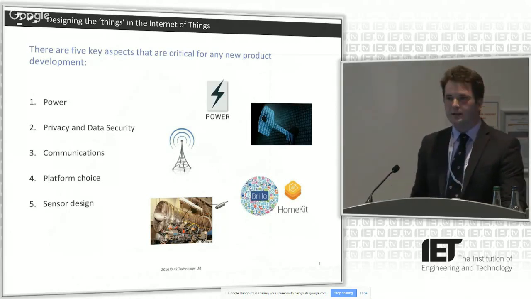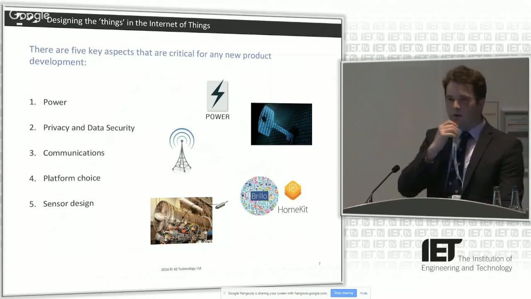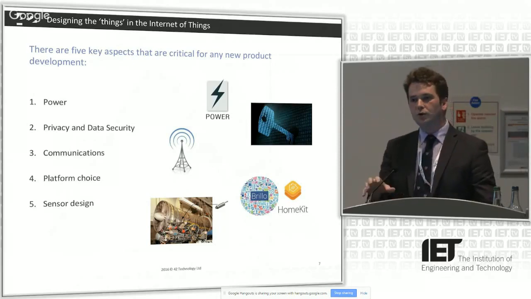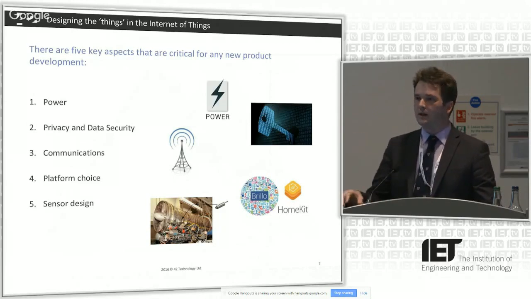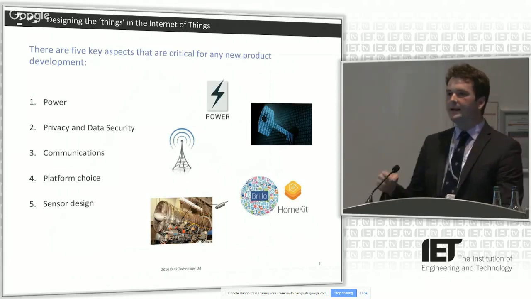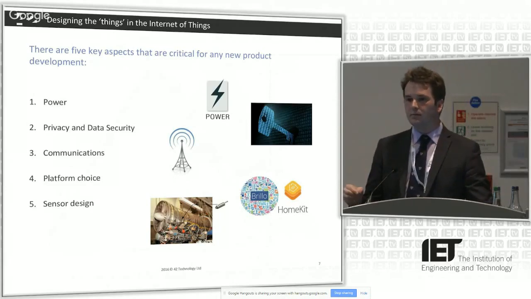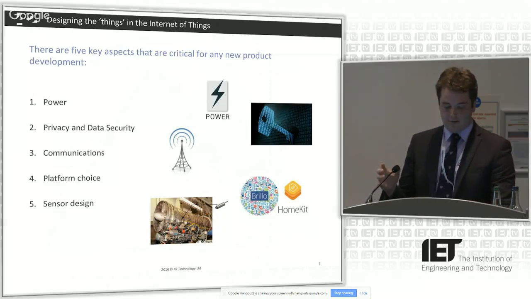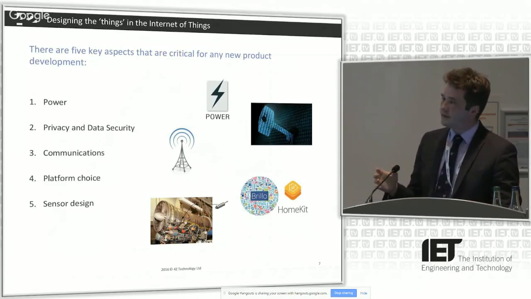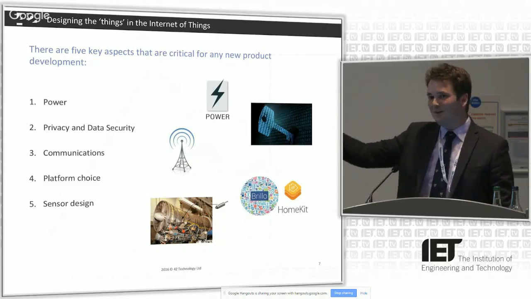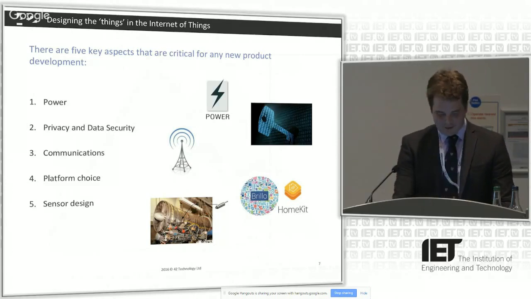So with a bit of luck, a cheesy slide to finish off with. If you can get your system design right from the outset, and you can be sure as to what your strategy is, be sure as to what the tactics are for achieving that, and every time you make a decision, it tallies with what you originally set out to do, although you should be reviewing that plan constantly, then what you can do is hopefully get out of the trough of disillusionment pretty quickly and start on your way to the slope of enlightenment. I told you it was cheesy.